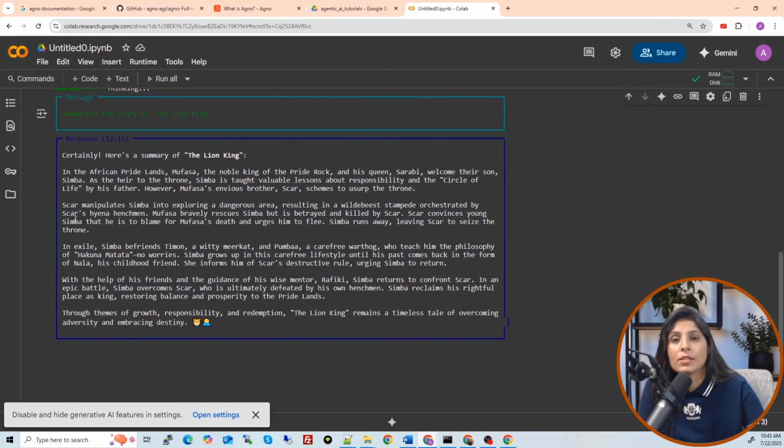Now the next task is to use tools. We will use predefined tools and custom tools. First, guys, let's understand what tools are and why we need tools. Tools are basically Python functions. Why do we need tools? Tools provide some extra functionality to the agents. Let's say you are using some LLM.